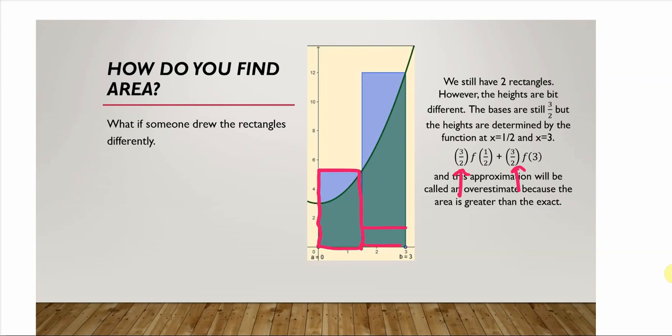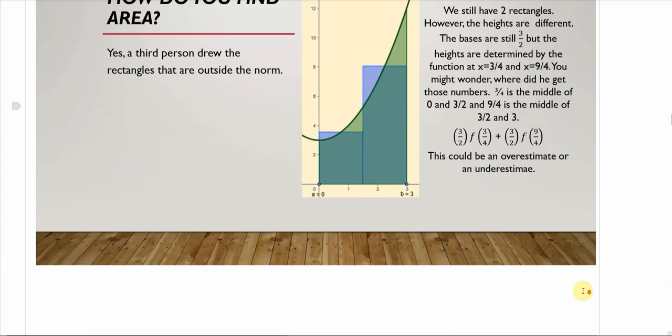In this scenario, I'm going to go to the right side, which is the 3. I'm going to go straight up until I hit my graph, right? And then I go to the left, and I go down. And this right here is going to be f of 3 times 3 halves. So this is the height at 1.5, and this is the height at 3. Multiply that out, and this is what we call the right-hand sums, because my rectangles are determined by the right side of the intervals. Okay? Now,